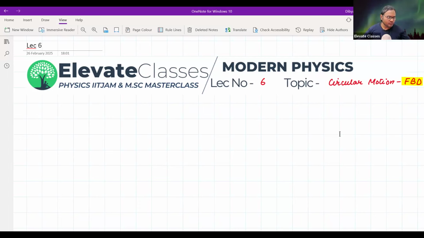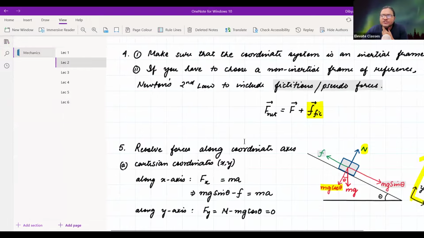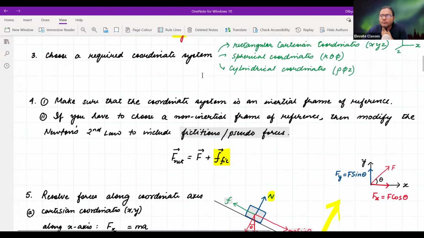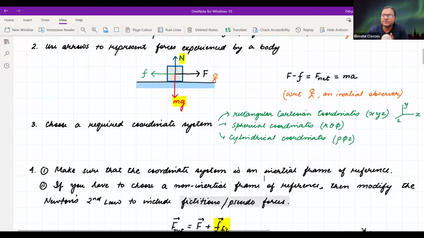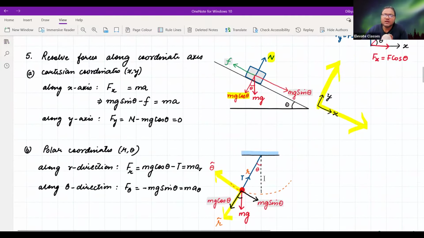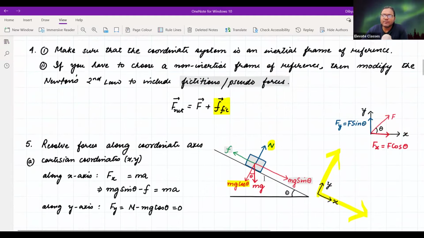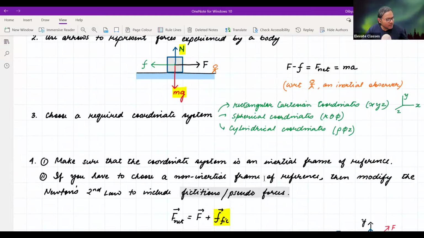Alright, now again, in the very second lecture, I gave you some list of instructions, if you remember. Instructions related to how to solve free body diagram related problems. Everything is going to remain the same. सब कुछ सेम ही रहेगा. The only difference is that यहाँ पे point number 3, I said that choose the correct